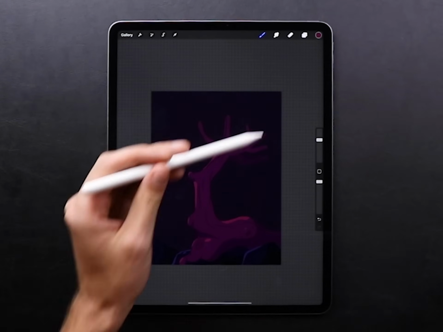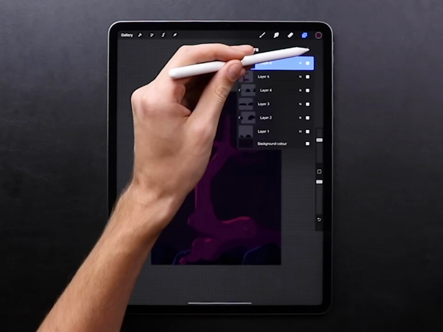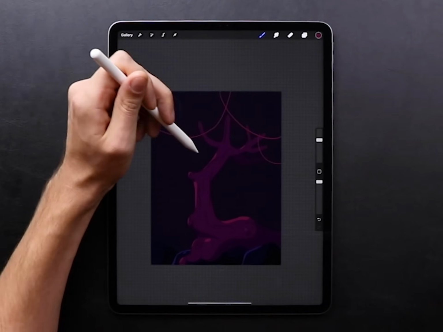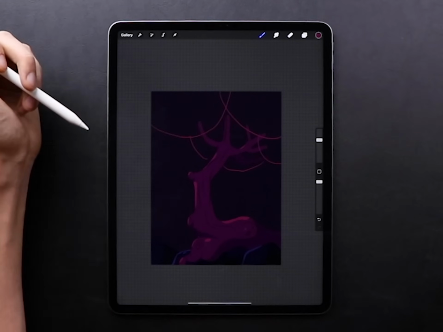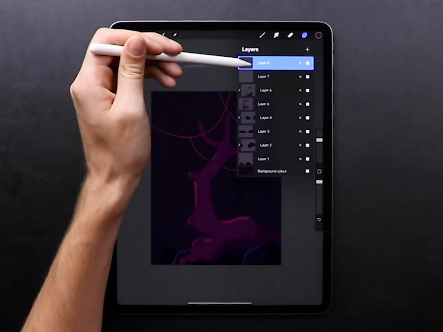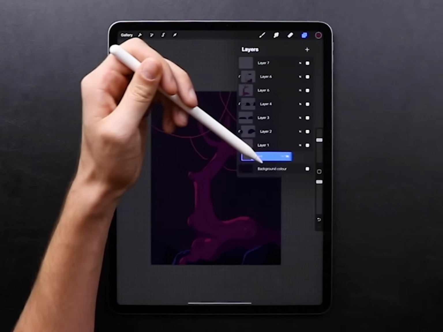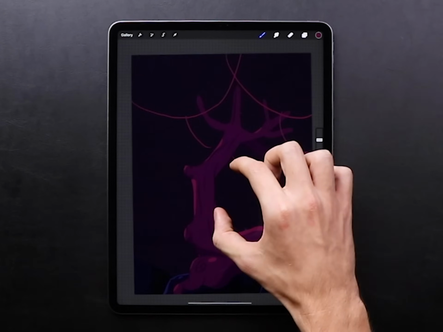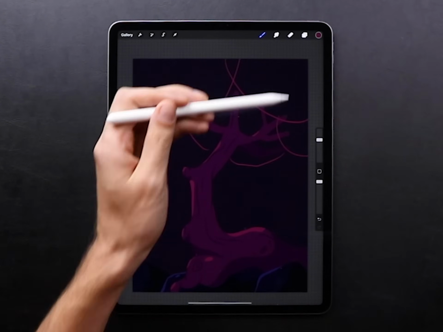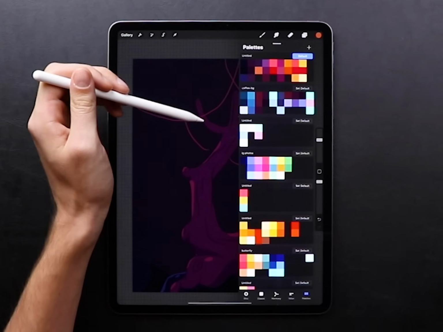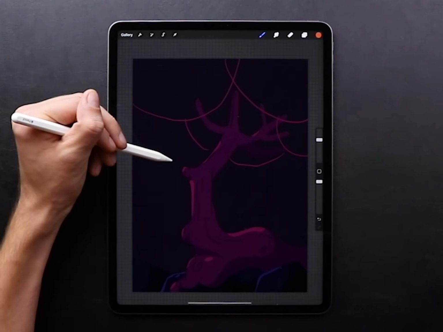Then we need to outline the place for tree leaves. Create a new layer and draw some arcs. Then let's add the moon. To do that, create a new layer and move it to the bottom of the list of layers. Pick a subtle orange color, draw a circle and hold in the end of the path to activate Quick Shape